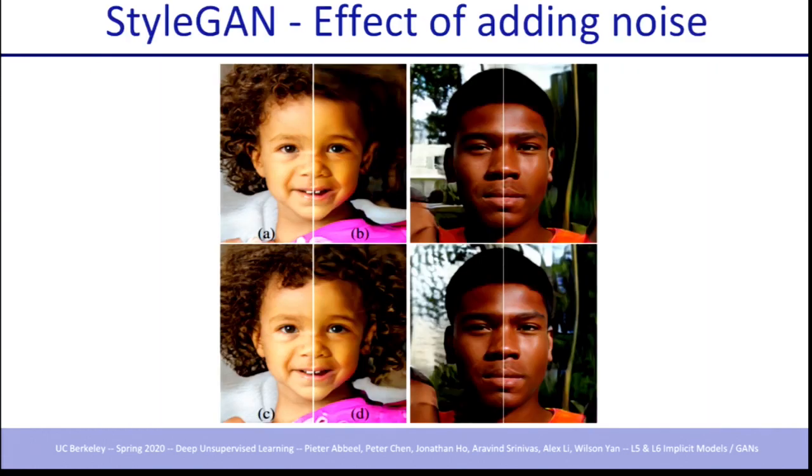And the effect of adding the Gaussian noise at various levels is also clear. The left is basically without Gaussian noise, and the right is with Gaussian noise. And you can see that the left is more like, if a painter were to paint the same person, it doesn't have the rich detail of the skin, as the right has. The right has more low-level, fine-grained lighting details and so on.